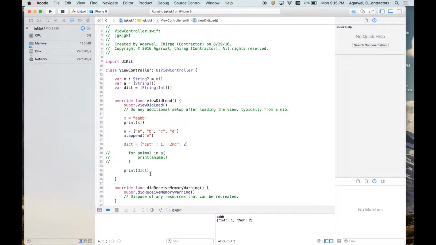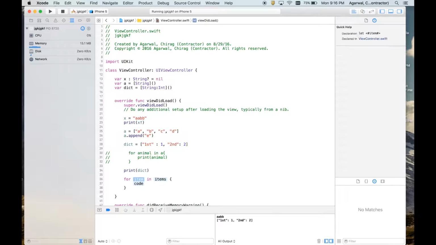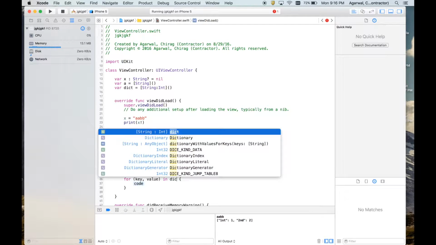Okay, and now this way we have it in arrays, we also have it the same way in dictionaries to go through all the elements. But in this one you have a tuple. So you say for key, value in dict.